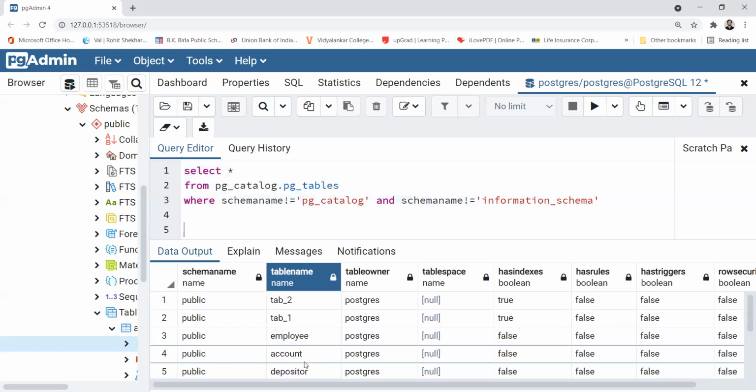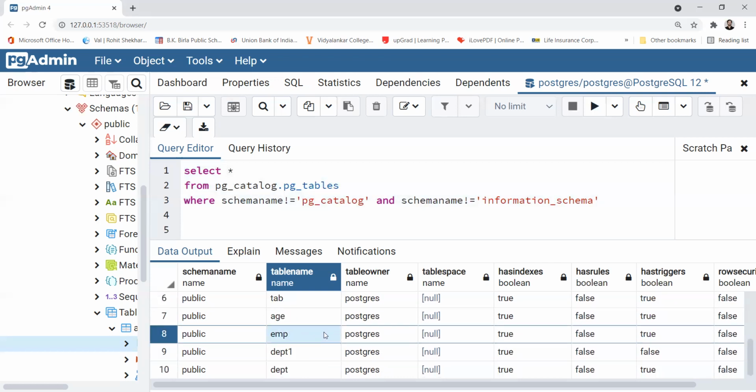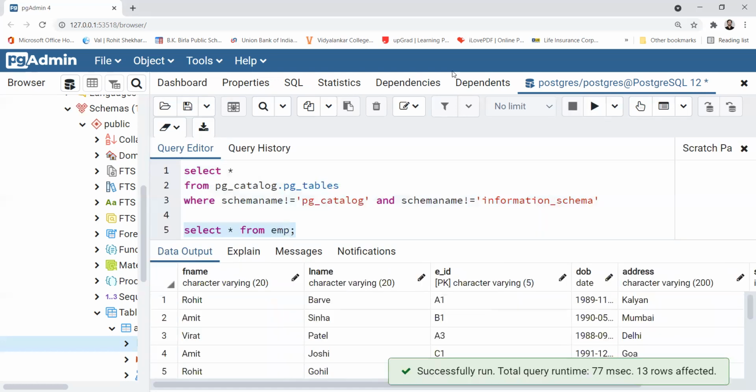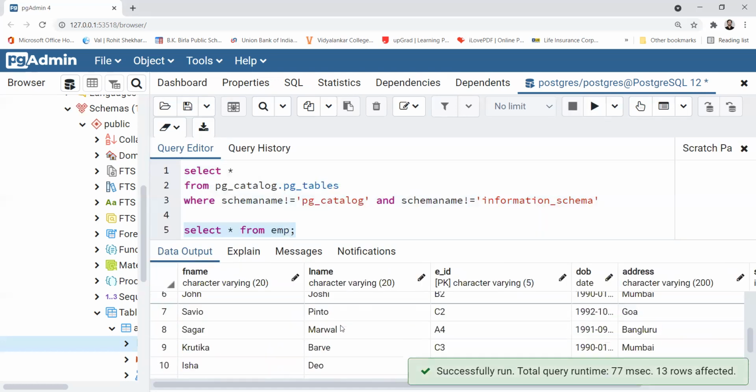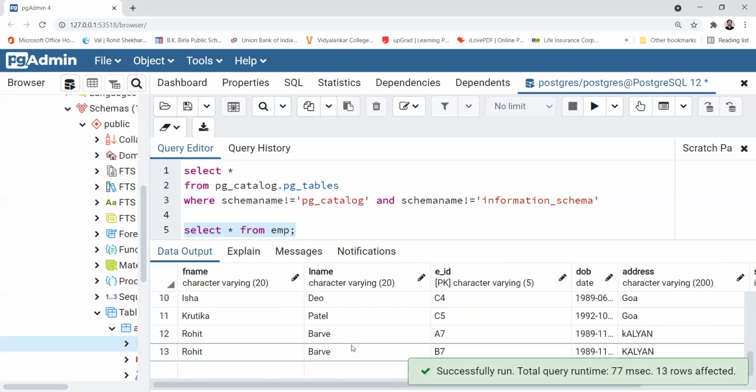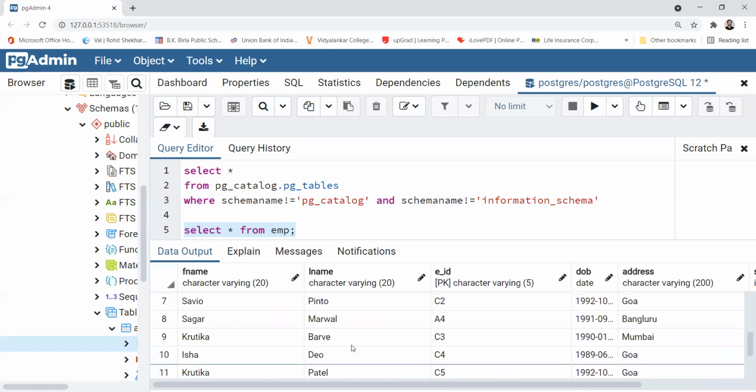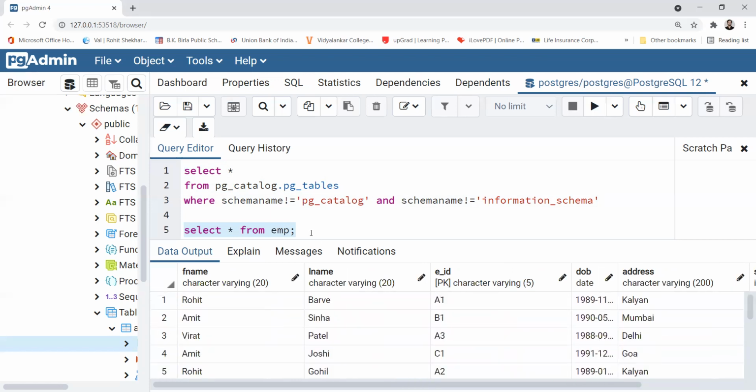Okay. All right. Now we have to see the data of the employee table. We have executed this query last time also. The query is select star from emp semicolon. Select this particular line and hit execute or hit F5. You can see we created exactly the same table last time.